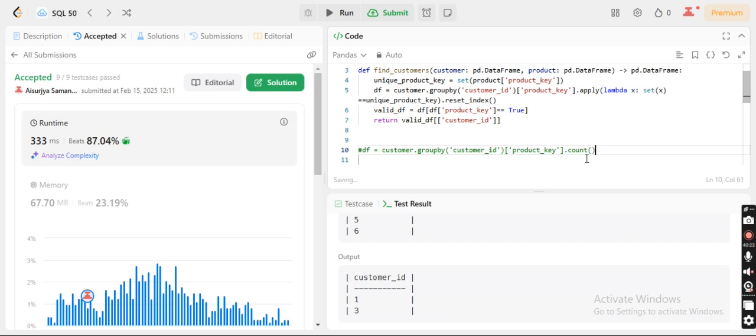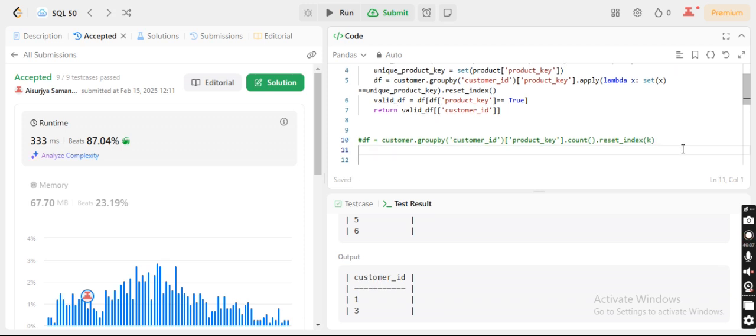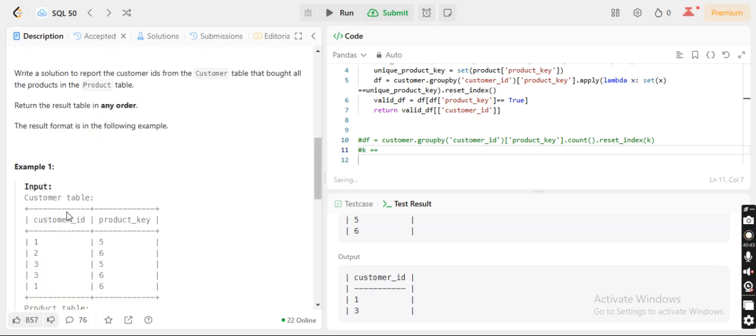So you get the customer ID with the number of products, right? Now you give some name, k, to that column. So can it be a case that this k column is equal to